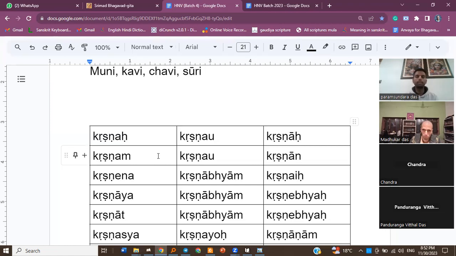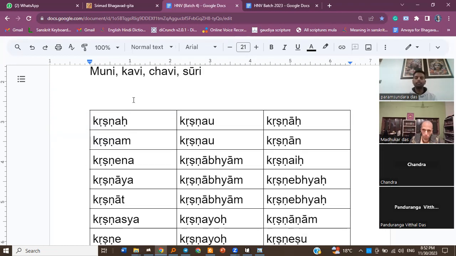If there is anything we can discuss, otherwise we'll resume the next week. And 99%, the next Friday onwards, we'll begin the 10th canto study. Yeah, so it's 99%. Next Friday onwards, the 10th canto study. Okay, so we'll resume the next week. Please keep up with the flow. That's all. Hare Krishna.